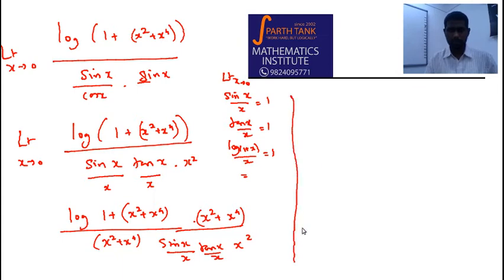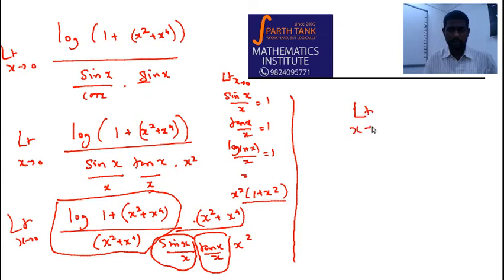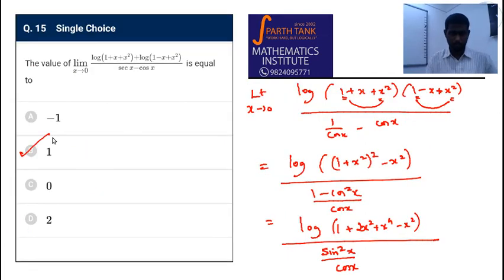Alright. So you see now what we have done. If I apply the limit x tends to 0, this whole thing is going to be 1, this is going to be 1, this is going to be 1. And here how to simplify this? It is nothing but x squared into 1 plus x squared, right? I can cancel eventually this x squared and this x squared. Okay, so all I have is limit x tends to 0, 1 plus x squared, which is 1. Very intricate, appears very intricate, but with some small simplification, we get standard limits. So the answer is option B, 1.